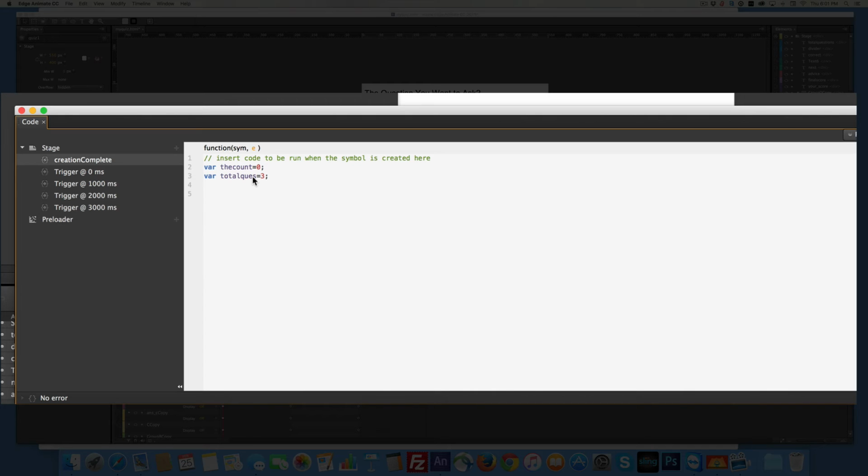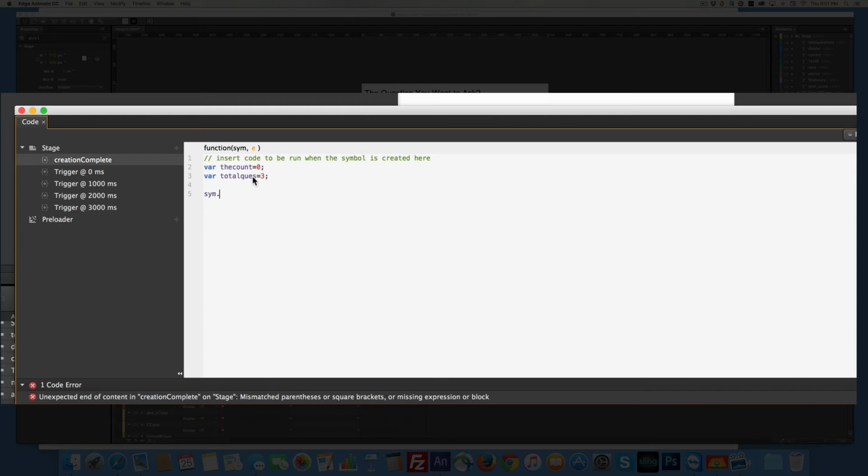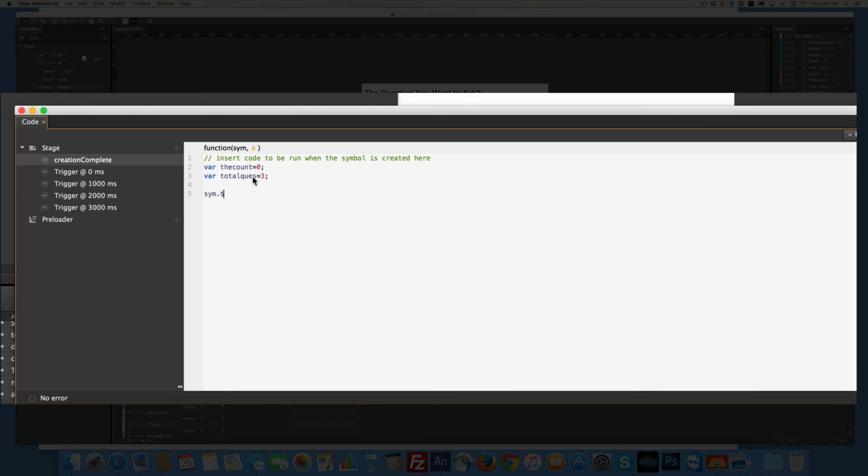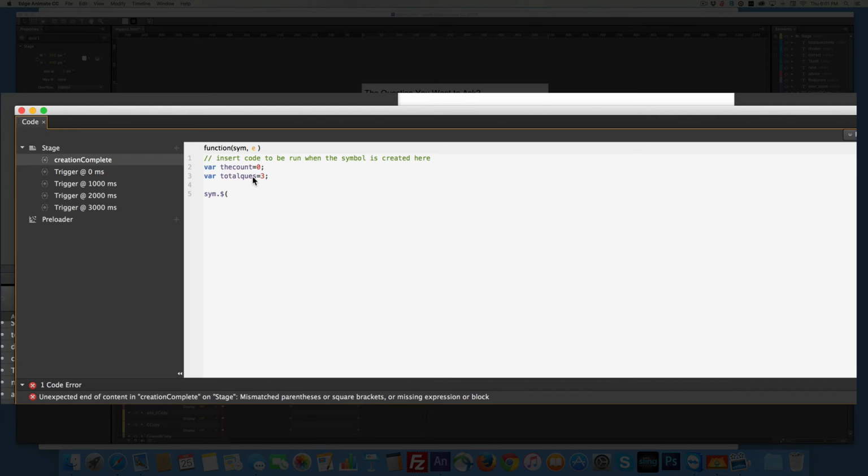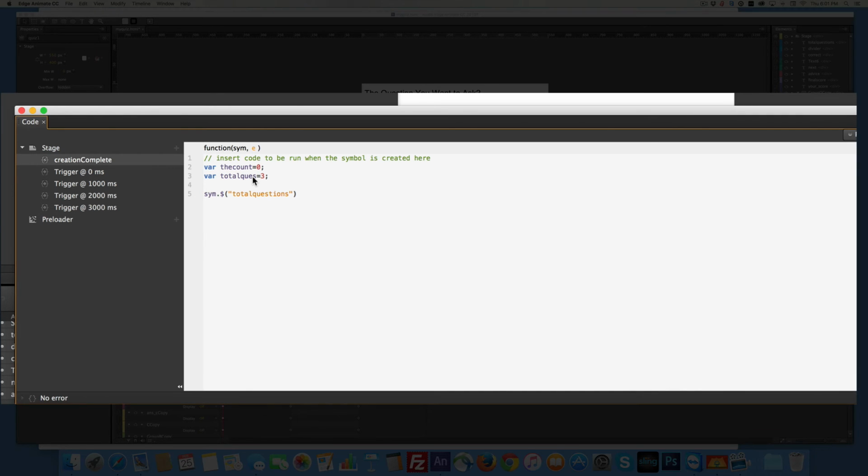Because this is Edge, we start with SYM. It's part of the program, dot, and then we're going to take a $ sign. Now we're getting into a little jQuery, open parentheses, and then we're going to put open double quotes. And remember, we created that field called total questions. So we're going to write total questions, close the double quotes, close the parentheses, dot